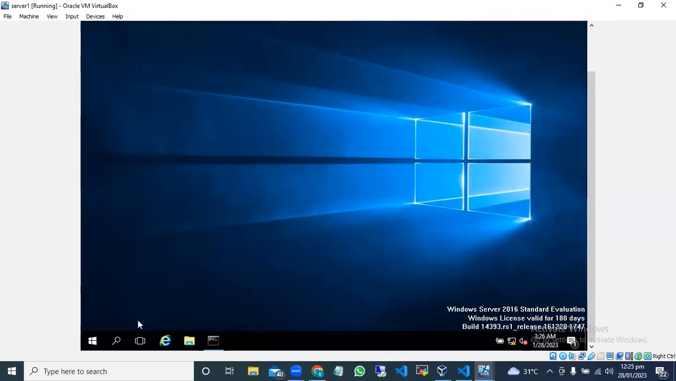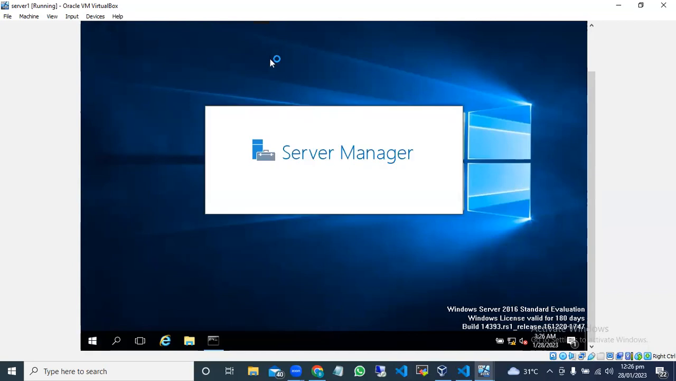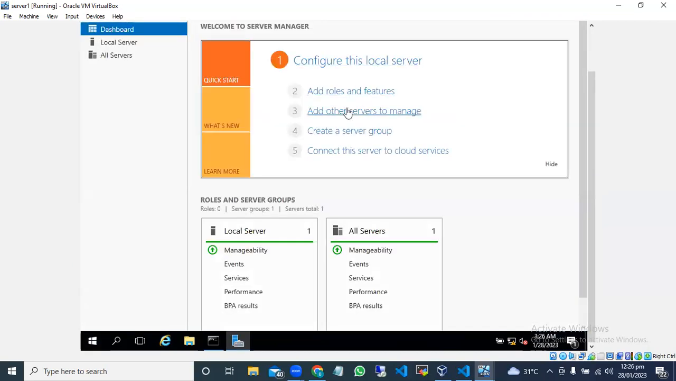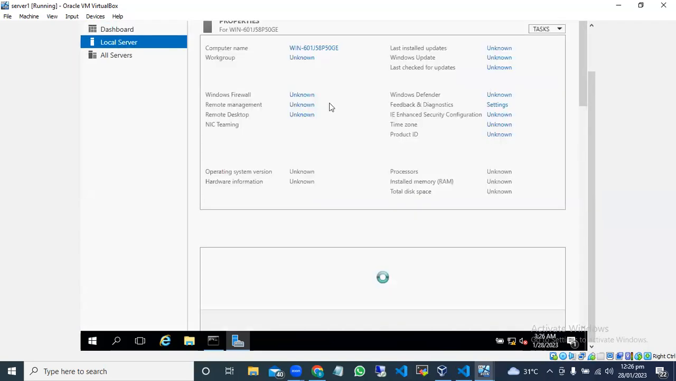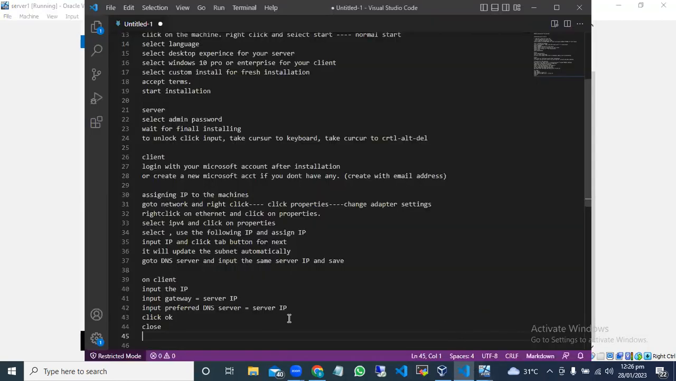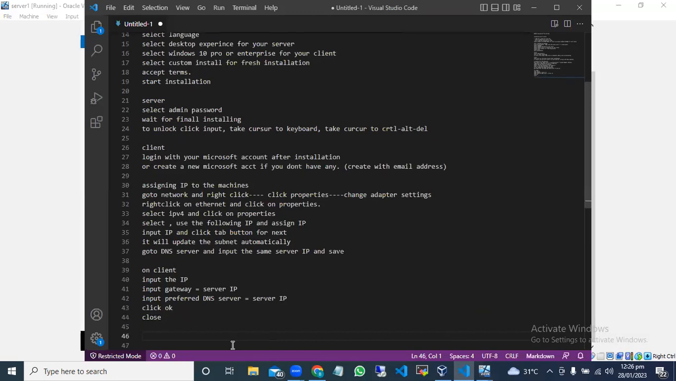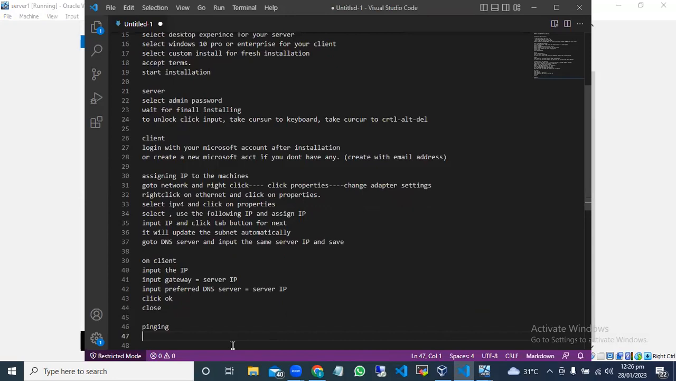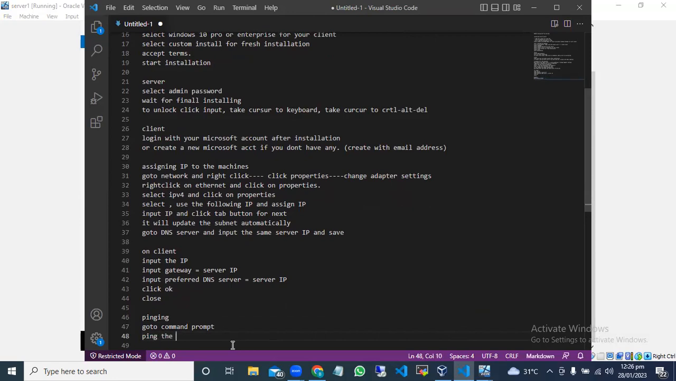So to switch off your firewall on your server, you go to your Server Manager, click on Local Server. This is your firewall. Okay, let me update our notes quickly. Then pinging. This is pinging. Go to command prompt. Go to command prompt. Ping the server